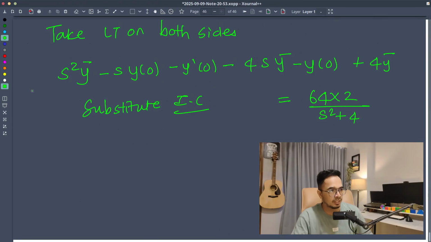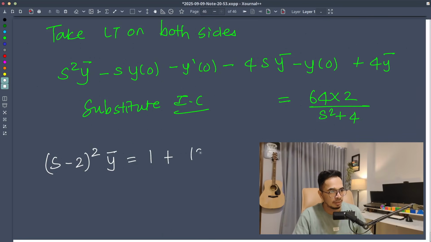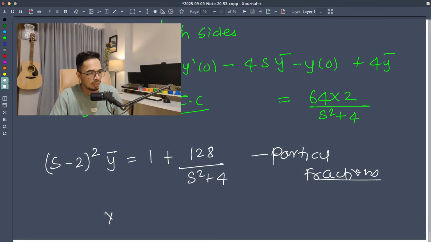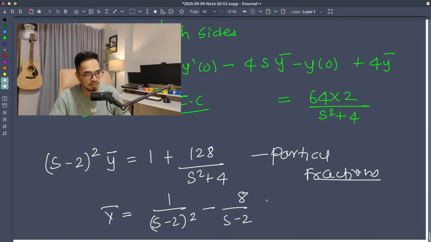And if you substitute the initial conditions here, because this is a nice time to do that, because you cannot move ahead without substituting them. When you substitute the initial conditions, this is what you get. And now this you can easily solve by using partial fractions. So we do that. When we do that, we simply get y bar is equal to 1 minus 1 by s minus 2 square minus 8 by s minus 2 plus 16 by s minus 2 square plus 8s by s square plus 4,